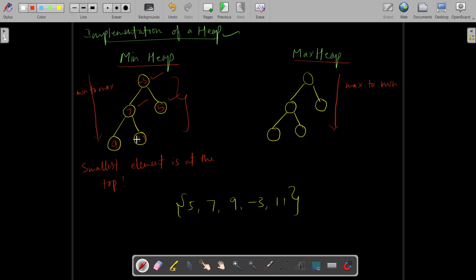The children of node 7, the node having the value 7, have greater values. So one has value 9 and another has value 11, which is greater than 7 itself. So this is how the elements are stored in a min heap. The left to right order doesn't matter as long as it follows the order from top to bottom, like min to max. So upward, the top element will always be the minimum element